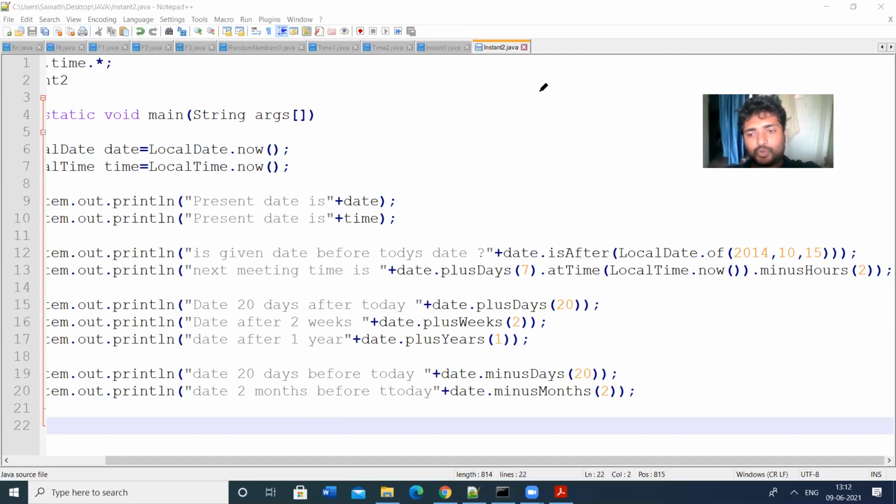The main purpose is to have the current time and date correctly, independent of any architecture or time zone. That's why so many methods are added in the time package.